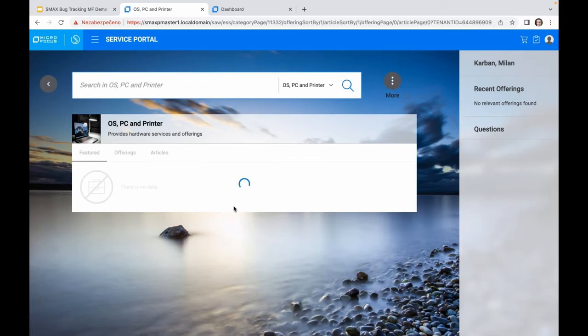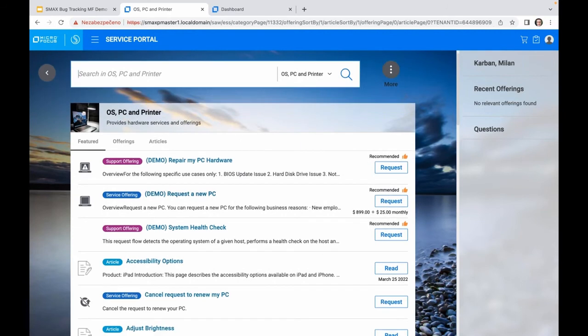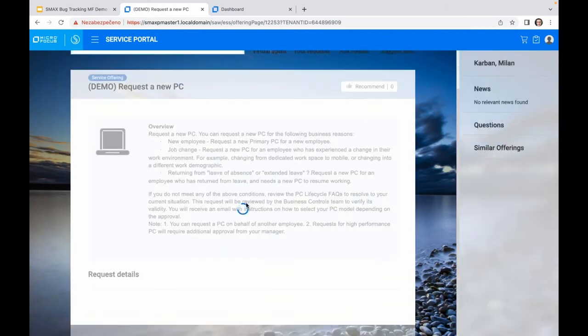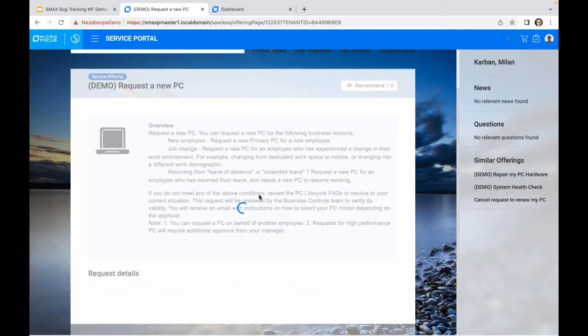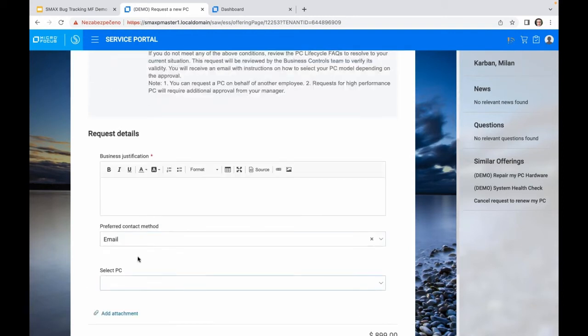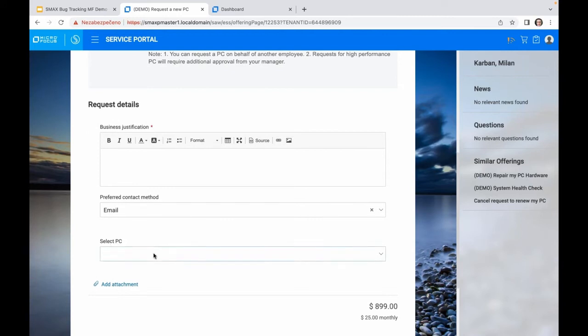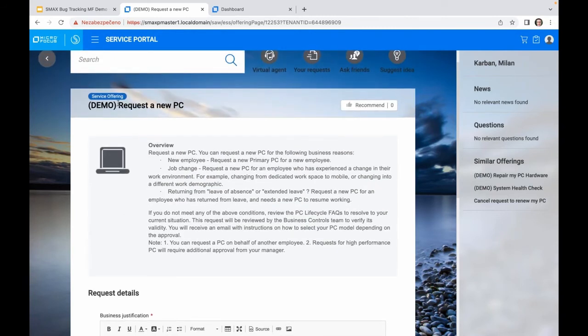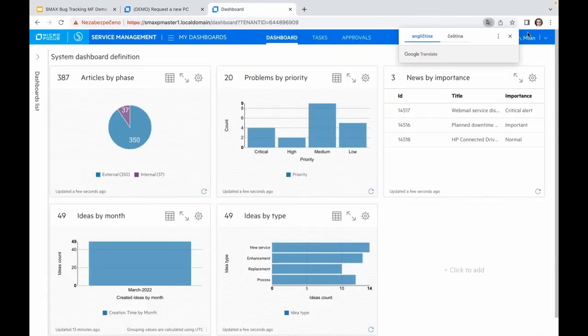Give it a second to load, hopefully, to check that there's a user options attribute in one of the offerings, which was supposed to be mandatory, but it's not. Sorry, there's an issue with connection, but hopefully now it should be fine. So here you can see that there's a user option, select PC, which was supposed to be mandatory, but it's not. So as a coordinator, I'll just take the name of the offering, move myself to the